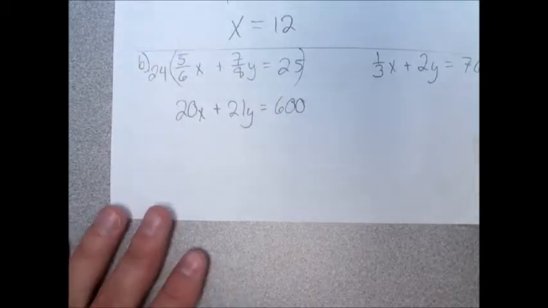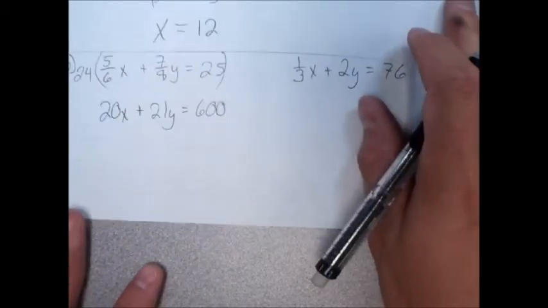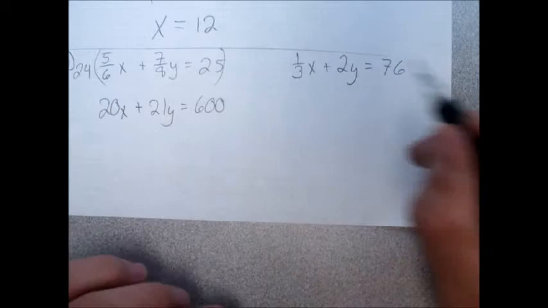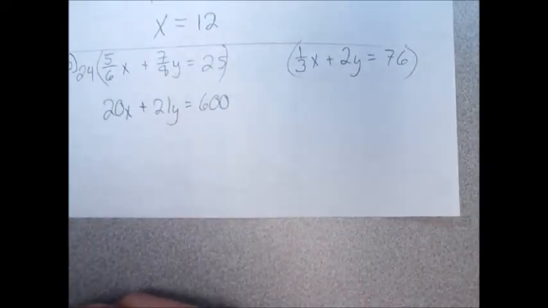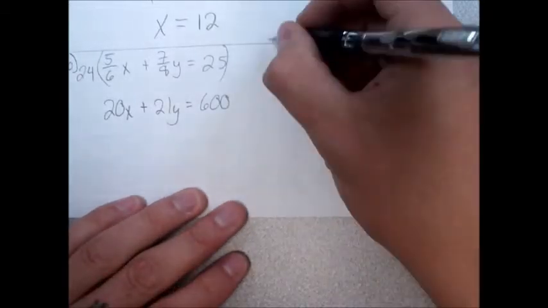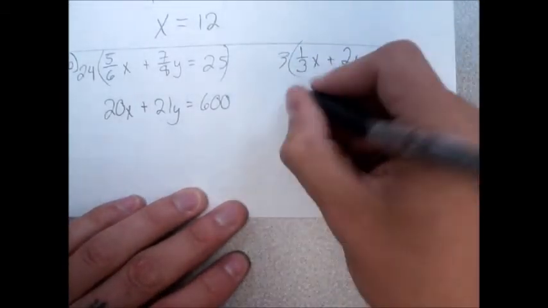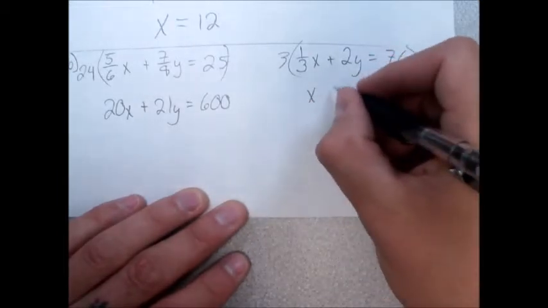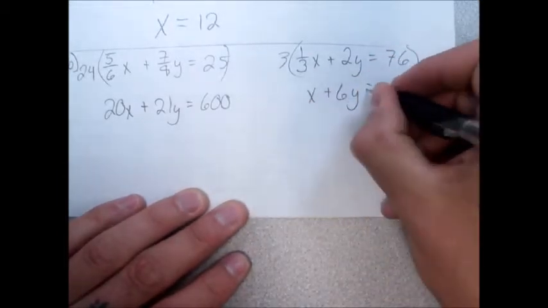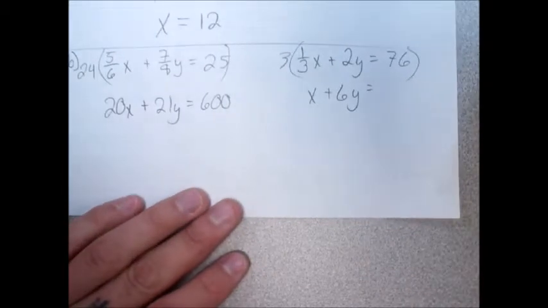Now, I'm good there. I need to start dealing with this guy right here. What should I multiply him by to get rid of this 1/3? 3. Yeah, there's only one fraction, so that makes our life easy. And 3 times 1/3 gives us just an x. I like this number, and you'll understand here in a second, plus 6y equals 76 times 3, which is, say that again,